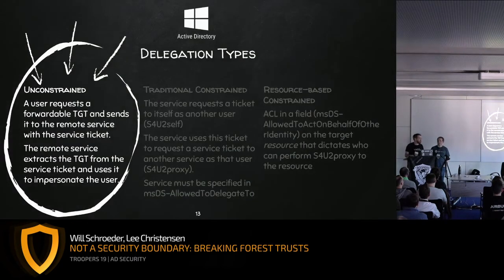There's 3 different ways. The original OG way, back in Windows 2000 or domain functional level 2000, is they introduced something called unconstrained delegation. This is what we're focusing on. There's also traditional constrained delegation that uses S4U2Self and S4U2Proxy. That was introduced in domain functional level, I forget, 2008, where they did a bunch of Kerberos extensions and the S4U extensions and all this kind of stuff.